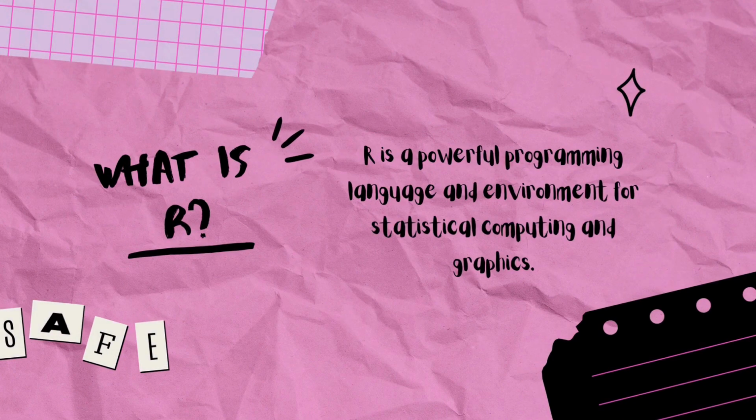What is R? R is a powerful programming language and environment specifically designed for statistical computing and graphics. It is intensively used by statisticians, data analysts, and researchers for its robust capabilities in data analysis, manipulation, and visualization. In my assignment, I am utilizing R to analyze and visualize the test dataset, which includes readings from 3 machines